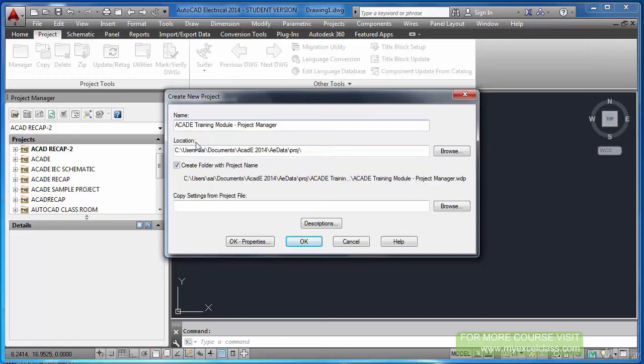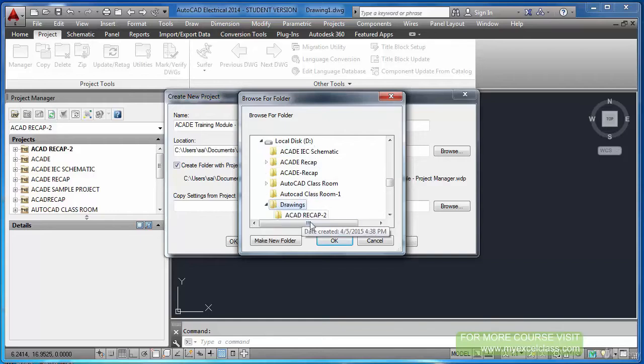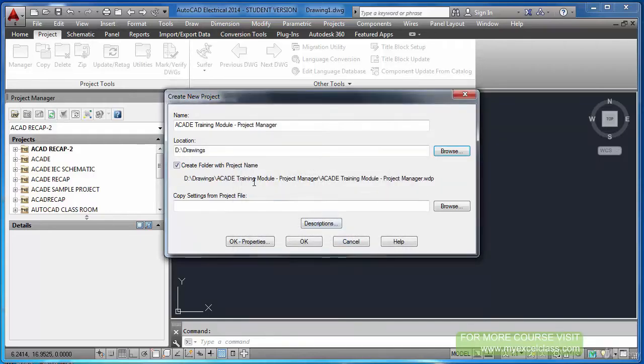Where do you want to create and store this project? You can choose whichever drive you want to use. So I'm going to D drawings. In my D drive under the drawings directory, I will create a new project. It creates a folder with the project name.